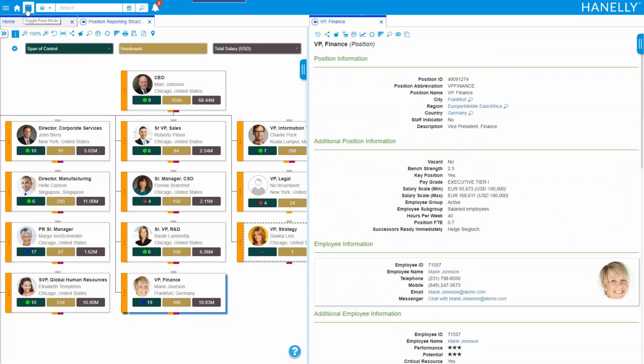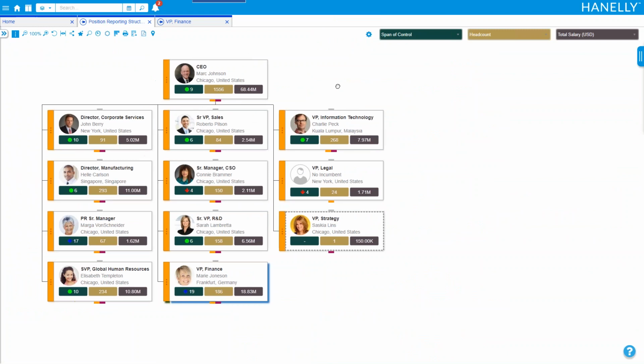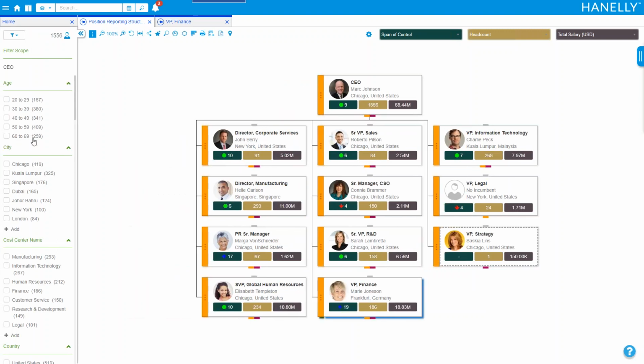So why would this be something useful for an HR person? If you go back to the structure very quickly here, let's take one of the use cases that an HR person would be facing on a regular basis, based on his regular business that he does on a day-to-day basis. One of them is, I want to track people that are leaving the organization, and maybe these individuals are sitting